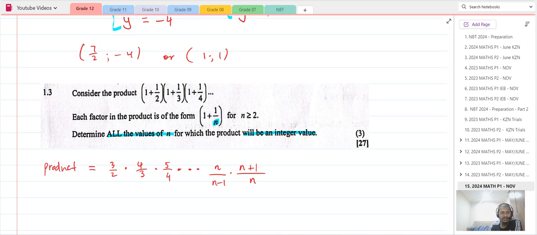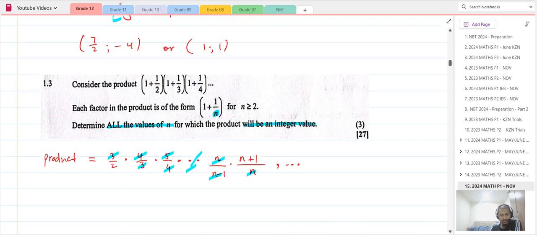Remember, this is an infinite product, even beyond this it continues, dot dot dot. It doesn't stop there, but I just want to see what happens in this case. We can see the 3s cancelling out, the 4s cancelling out, the 5s, the n and the n, n minus 1 cancelling out with n minus 1. So what we are left with is n plus 1